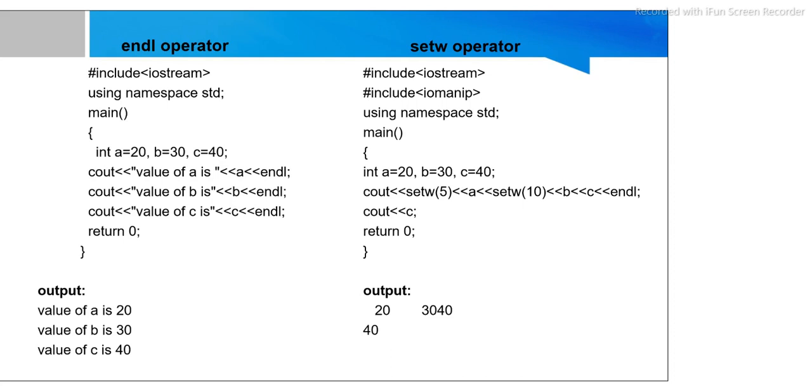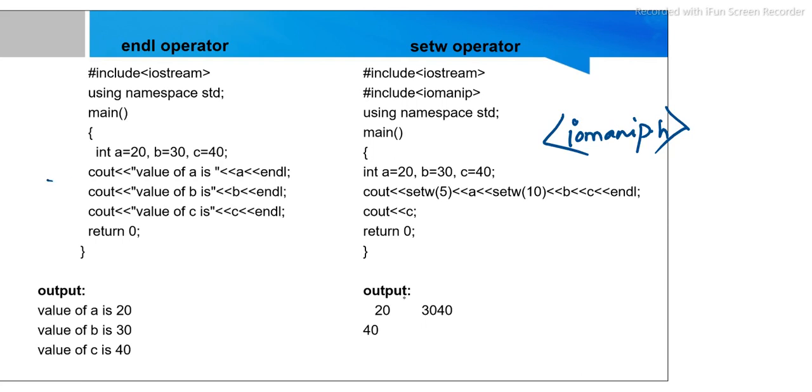They are defined in a header file, basically the header file iomanip.h. In this header file we declare these, and we need to include this header file before writing the program. Then what is the use of endl here? Endl is basically used to create a new line. The use of \n is the same as endl here. When we want to move to a new line, we need to specify endl.